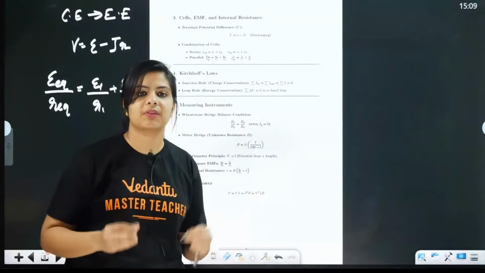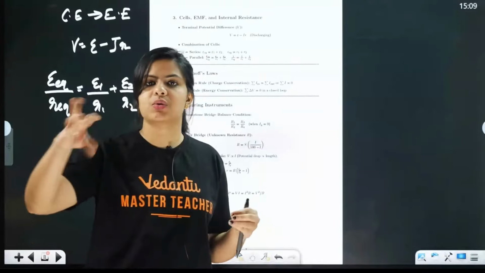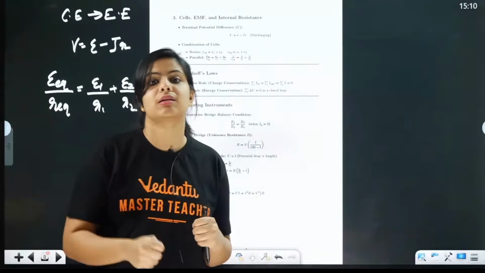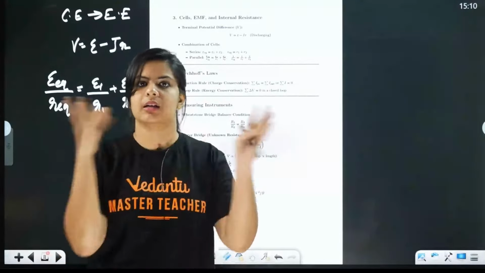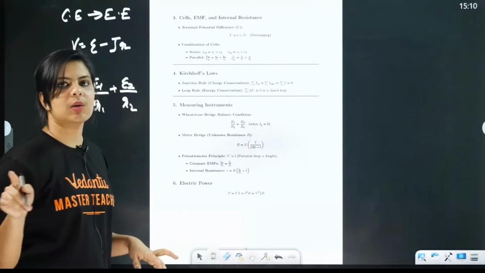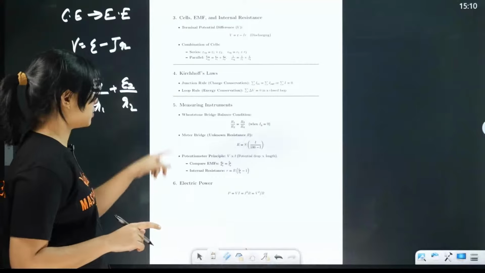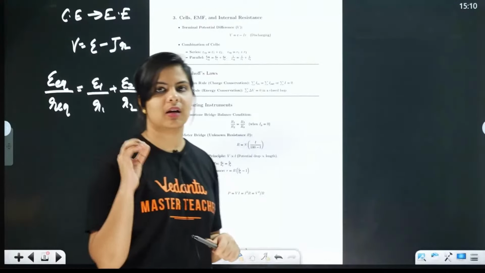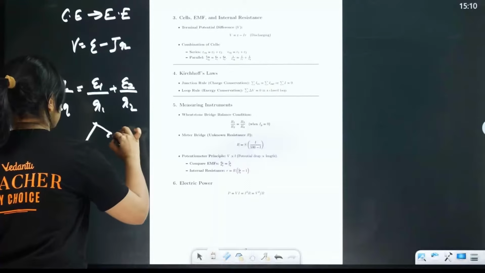We have given some voltage, and the voltage is used by all the resistors or devices in the circuit. The voltage we have given is utilized completely. So we can say that in the loop rule the total potential difference, total delta V, comes to 0 in a closed loop. Next, the Wheatstone bridge, and you should know the condition. On the diagram it looks like this. So this is how it looks.